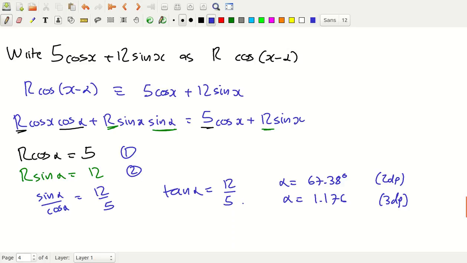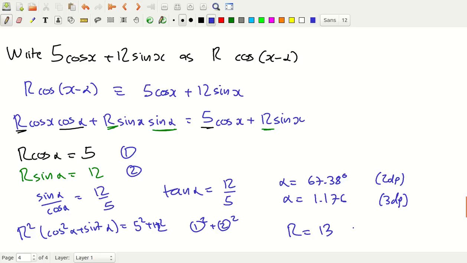So that's how we find alpha, and you could theoretically substitute back in to find r, but it's ugly and repulsive. So what you can actually do is, if you square both equations and add them, r squared times cos squared alpha plus sin squared alpha is equal to 5 squared plus 12 squared. Sorry, that comes from doing equation 1 squared plus equation 2 squared. Cos squared plus sin squared is always 1, so we get r squared is equal to 25 plus 144, which is 169. So that actually gives you r is equal to, you do actually get plus or minus 13, but I'm just going to write r as 13,